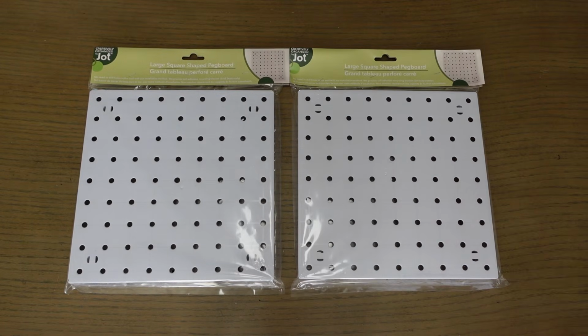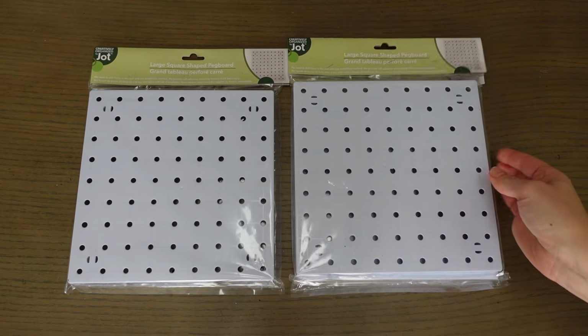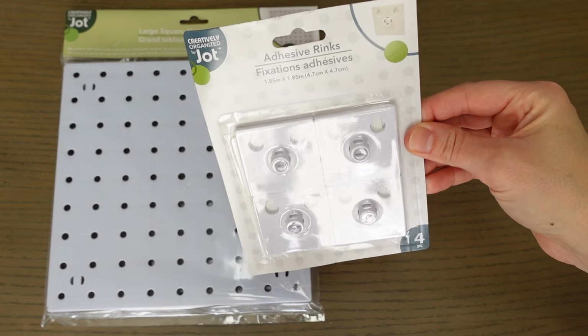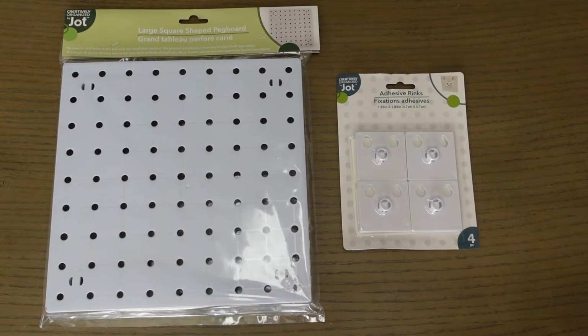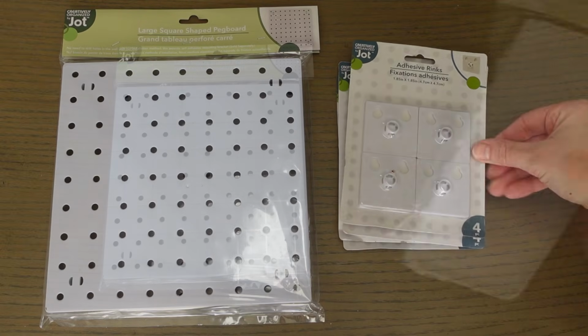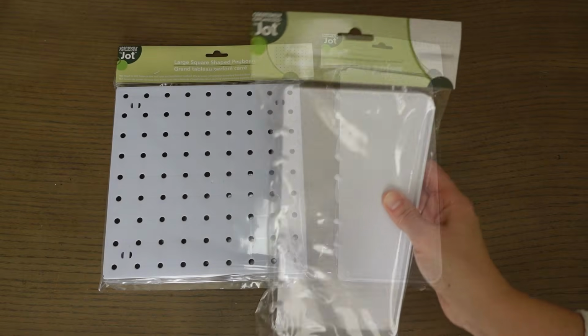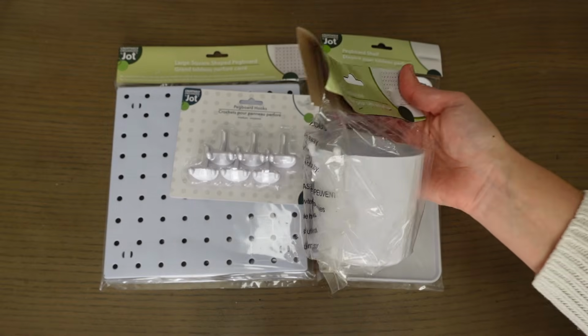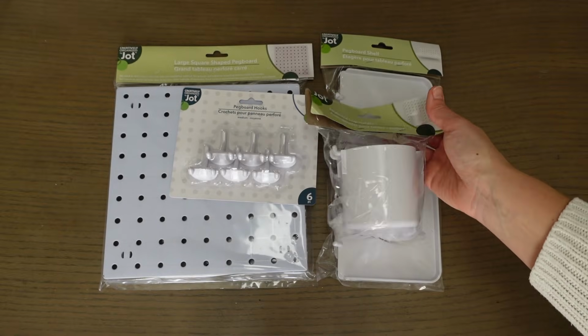The pegboard supplies are from the Dollar Tree. I bought 4 pegboards. I also bought 4 packs of the support brackets. I don't know why they're called adhesive rings, kind of an odd name. I also bought a shelf, hooks, and a cup. I actually bought 2 cups, just one fell under the desk and I didn't realize it